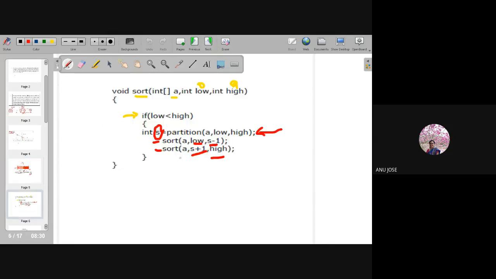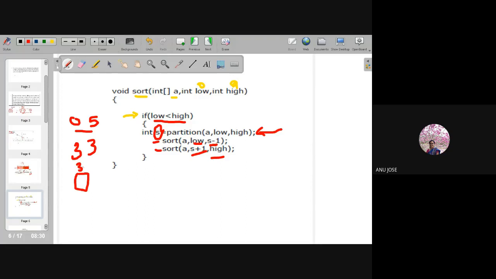What is the smaller problem? If low less than high is satisfied, then it is a bigger problem. If the low value is 0 and the high value is 5, then elements 0 to 5 are present, a total of 6 elements. But if the low value is 3 and the high value is 3, it indicates that only one single element is present in that location, maybe 8.